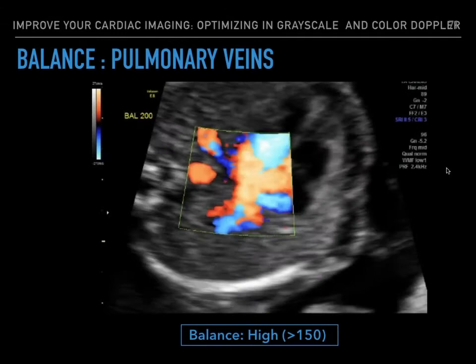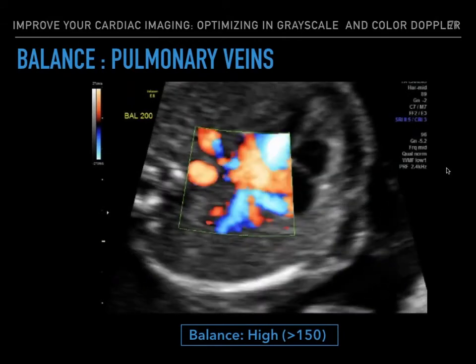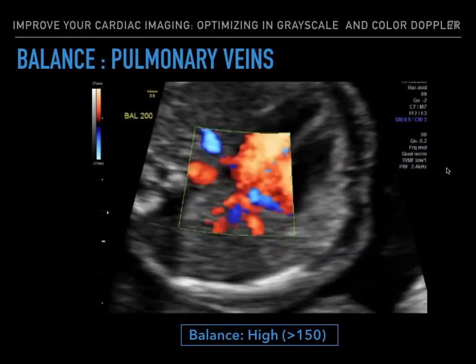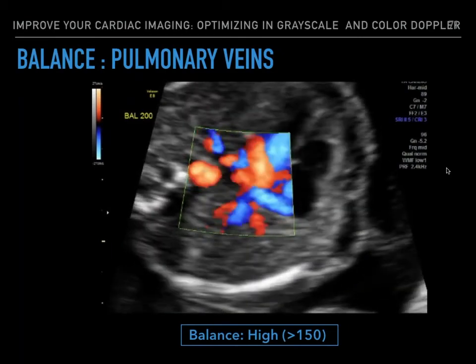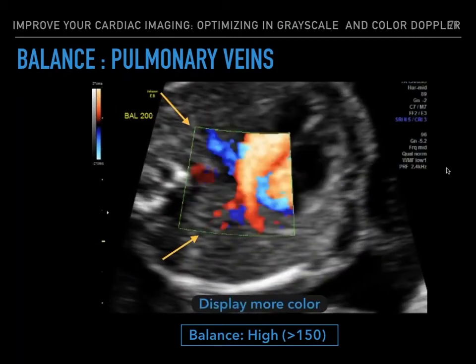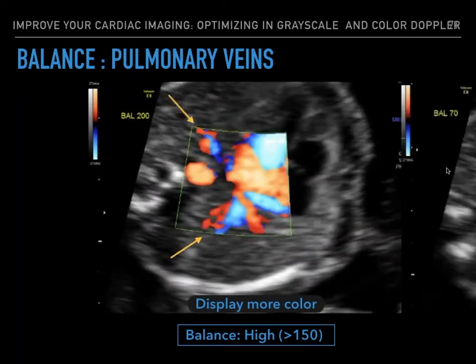So assessing the pulmonary veins can get very messy, especially with high definition flow settings. So when adjusting your balance, you have the ability to control what you would like to see more of. So with a high balance, you actually tell the system to display more color, as you could see there. But with a low